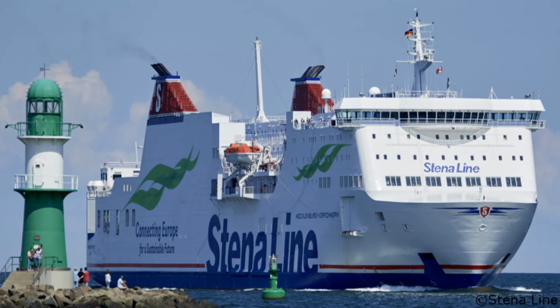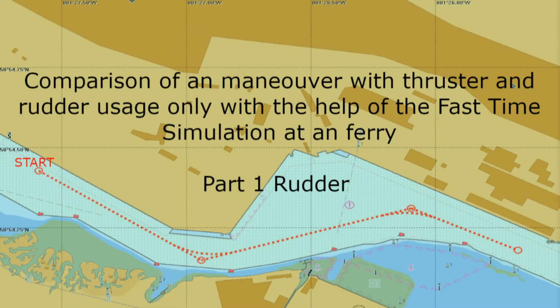ground of 4.5 knots. Two different ways to carry out a similar maneuver will be demonstrated, initially by using solely the rudders, and in another video by the use of bow thruster alone. Concluding the maneuvers, an evaluation and comparison of both methods based on various characteristics such as maneuvering space required for